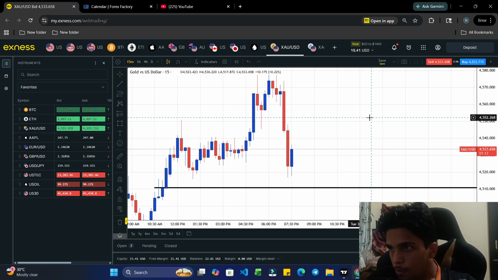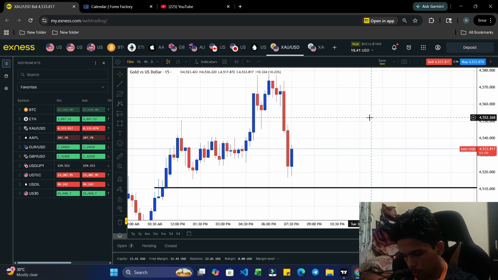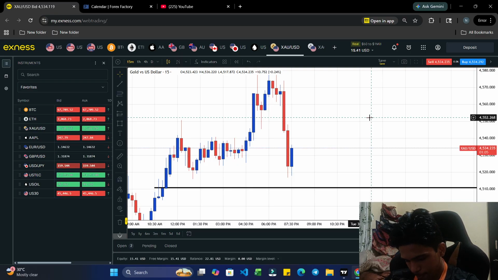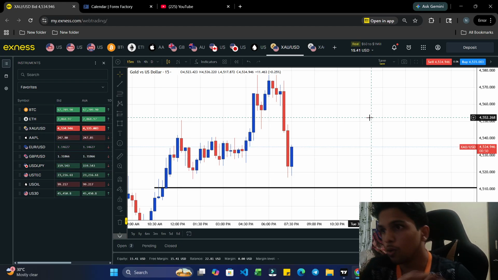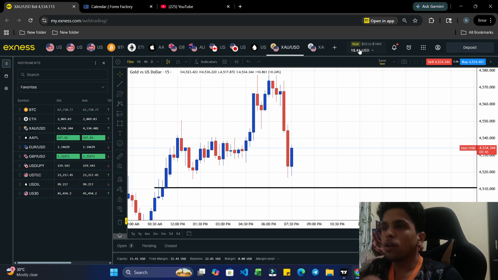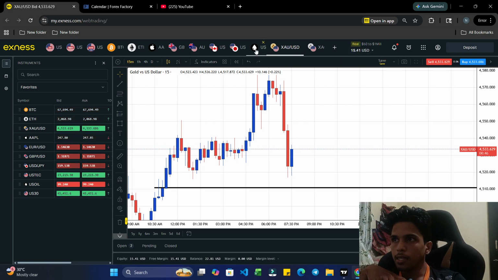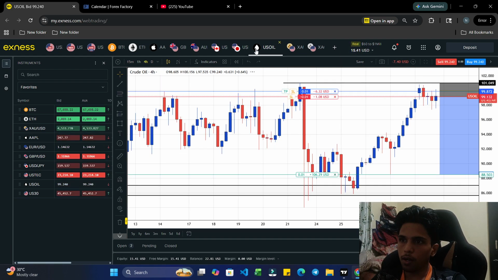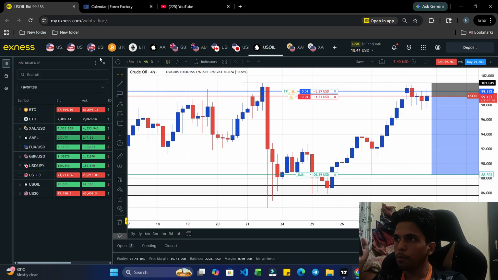And the oil has been messed up. The trade was right, and we are also right. So we are re-entering this trade, but right now we have a little bit of equity which we can use to enter this trade. And I think this trade should go well. So $15 is remaining, and $7 was the loss.